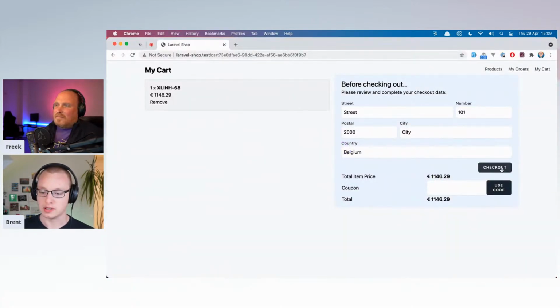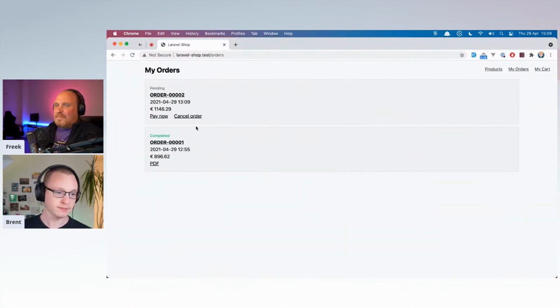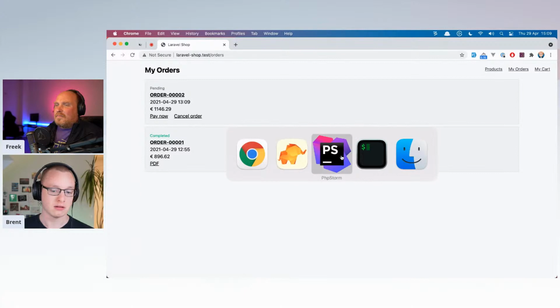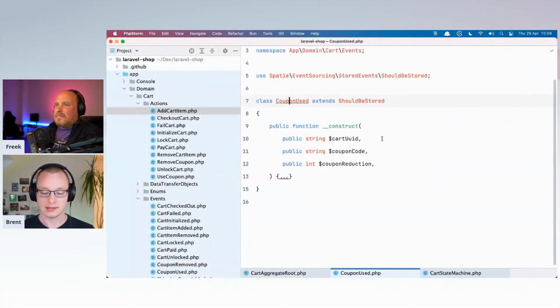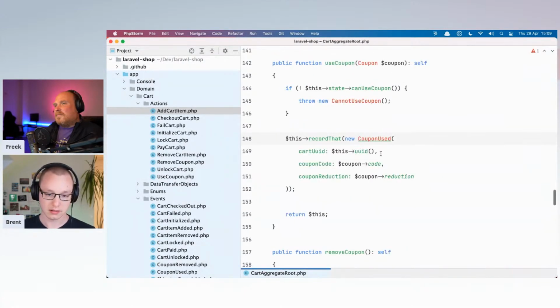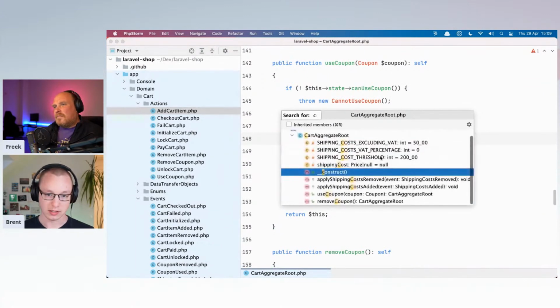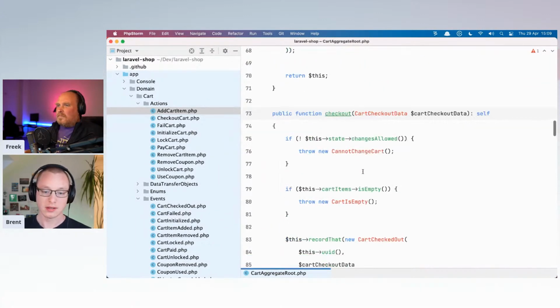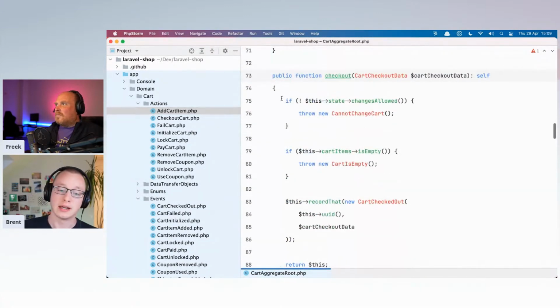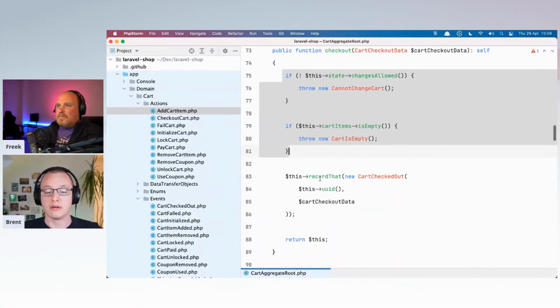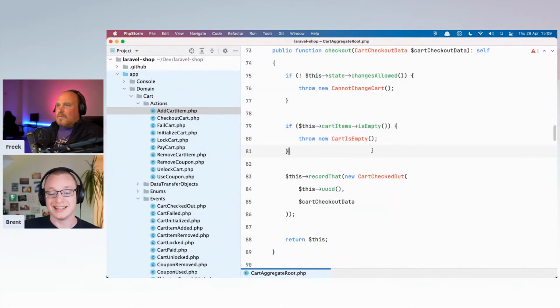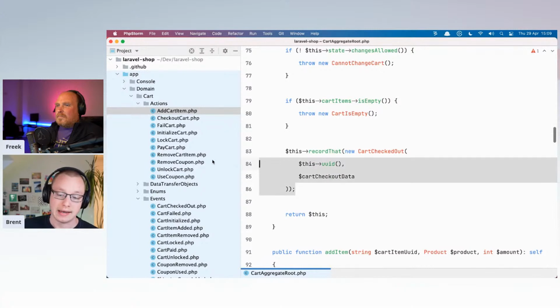So let's just continue our checkout. We have a new order here, and let me look up the checkout method here. So whenever we check out a card, we again do some state checks to verify whether checking out the card is actually allowed. And next we record the card checked out event.